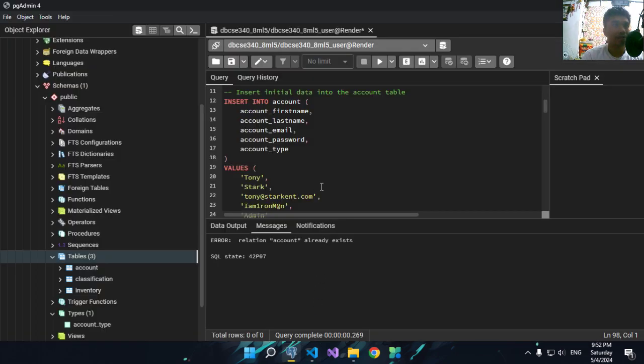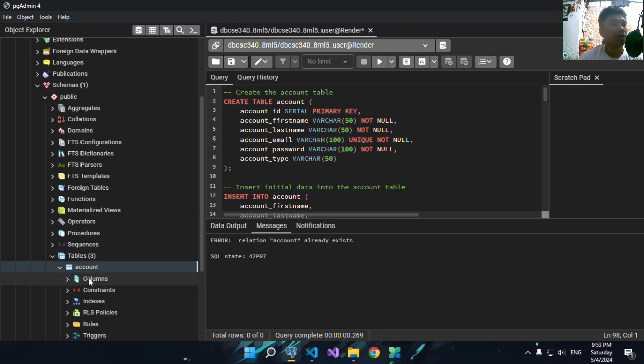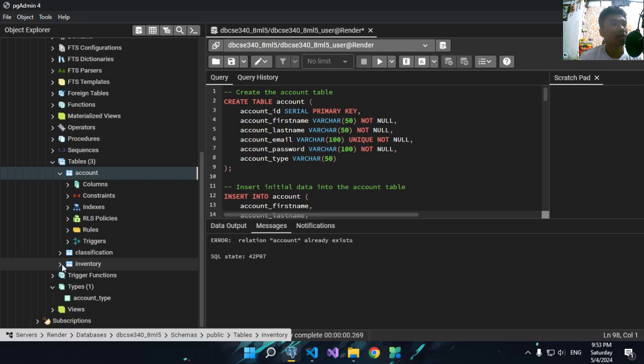I also followed the instructions in the module. So we have account, this is the classification, inventory.